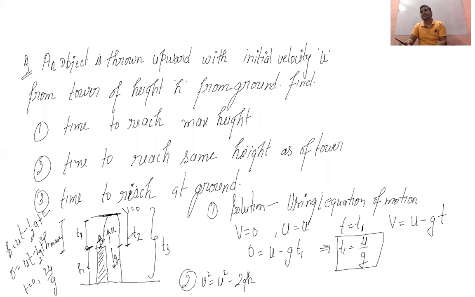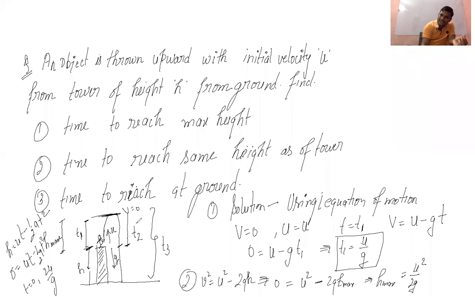If you are using the displacement as 0, you can get the answer directly. Or in another case, you will find the final velocity at the highest point is 0 and the initial velocity is u, so 0 minus u square equals minus 2g h max. Now you got h max from here. The h max will become u square by 2g.